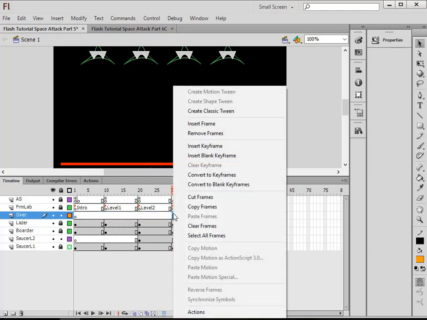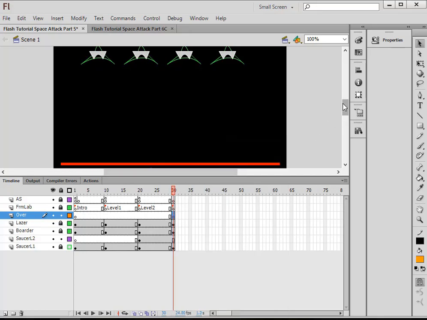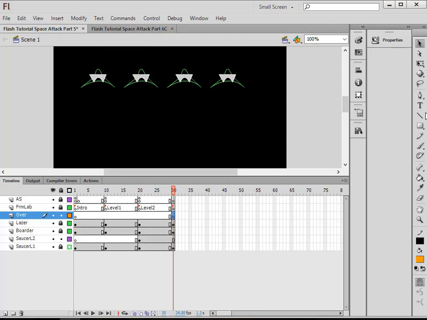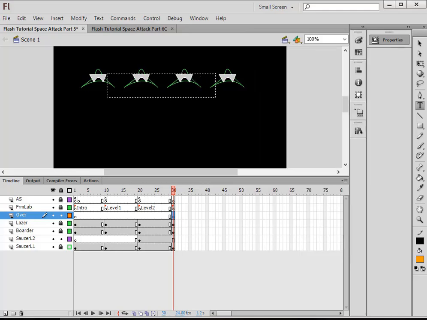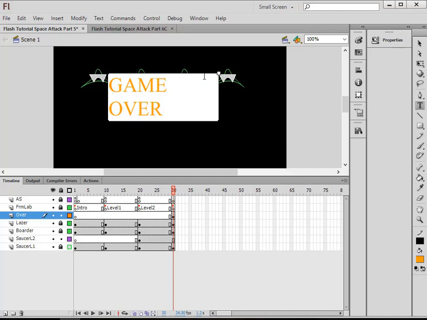Select this last frame here, this very one here. Insert a keyframe. Up here, pick up your text tool. Open the properties panel. Make sure static is selected. I'm picking the color gold, and a point size, I think it's pixels, of 47. Let's make a big square and write all caps G-A-M-E, game over, O-V-E-R. If we just pull that here,